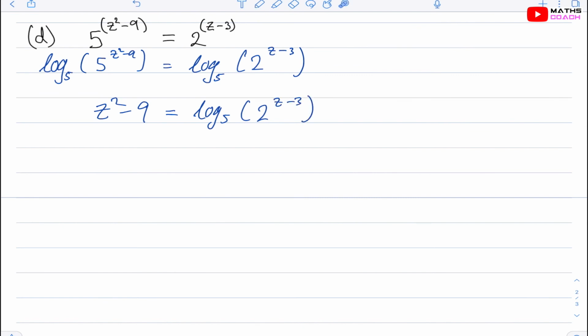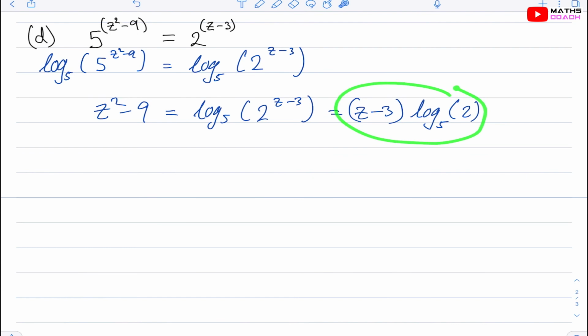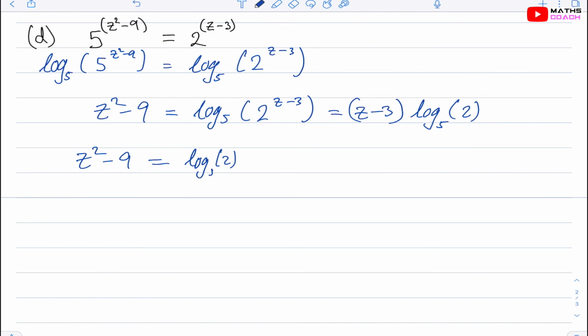We can apply the power rule now. So when you do log of a power term, the power can be brought down to the front as a coefficient. So that gives us (z minus 3) multiplied by the log of 2 to base 5. And this can be seen as a bracket which can be expanded. So the left side is z squared minus 9 equals, and if we expand the right side of this bracket, we will get log of 2 to base 5 multiplied by z, subtract 3 times the log of 2 to